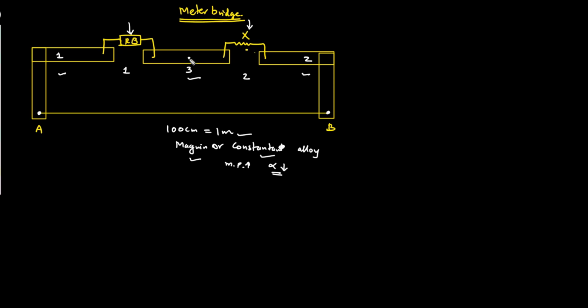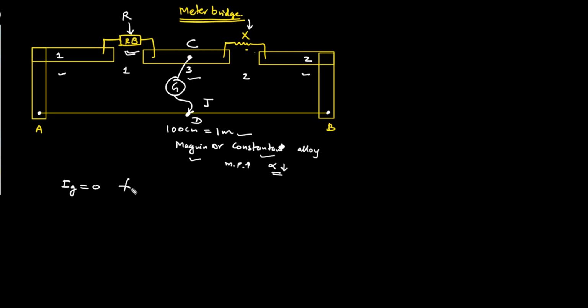Now let's say from the midpoint a galvanometer is connected, and the other end of the galvanometer is connected with a key which is termed as jockey. Again, this is AB and this point I am writing here D and this point as C. Now we will first of all take out some resistance from the resistance box. Let's say it is R. And then we will slide the jockey along the wire AB. Let's say at D point, the current in the galvanometer is 0.